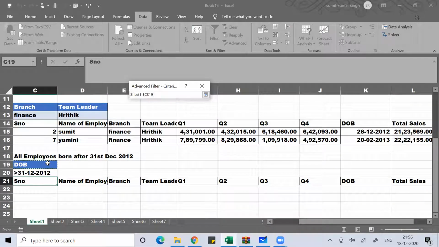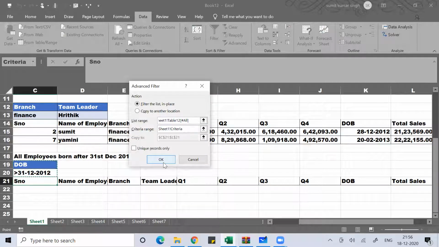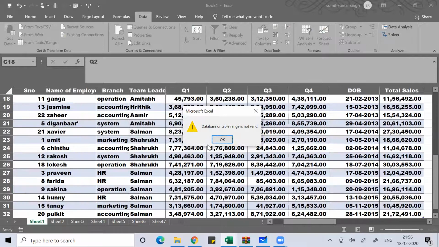Criteria range, this is your criteria range, date of birth greater than 2012. Okay, first let's do this, filter the list.